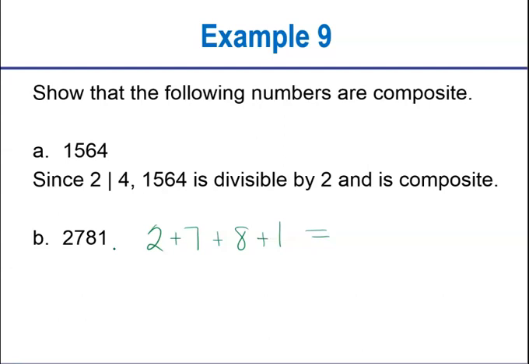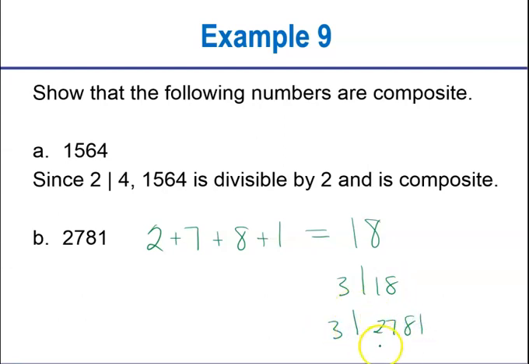So if your sum is divisible by 3, then your whole number is divisible by 3. If your sum is divisible by 9, the whole number is divisible by 9. And then we have that weird trick for 11 where you sum every other number and subtract. So we're summing 2 plus 7 is 9. 9 plus 8 is 17, plus 1 more is 18. Check it out. 3 divides 18, therefore 3 divides